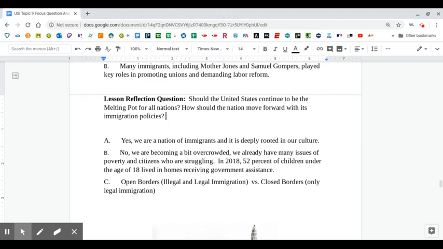Open borders, illegal and legal immigration versus closed borders and only legal immigration. So that's kind of a debate. Open borders, you don't really care who's coming in. Everybody can kind of flood in. The other side would be to close the borders, not to all immigrants, but just to illegal immigrants. And that would allow legal immigration to be the forefront of how you can come into the